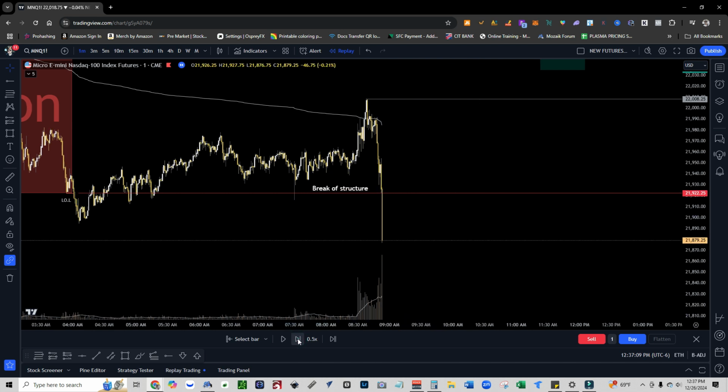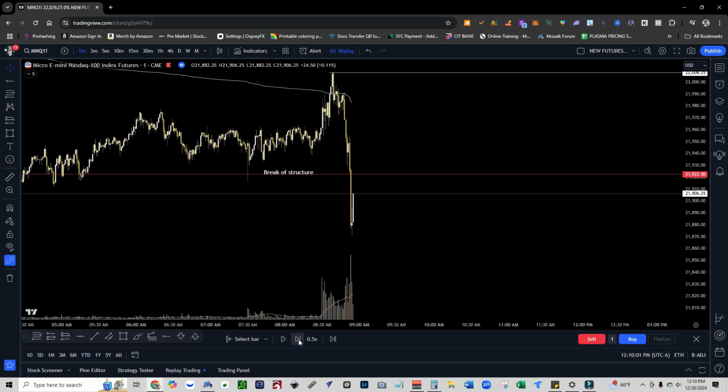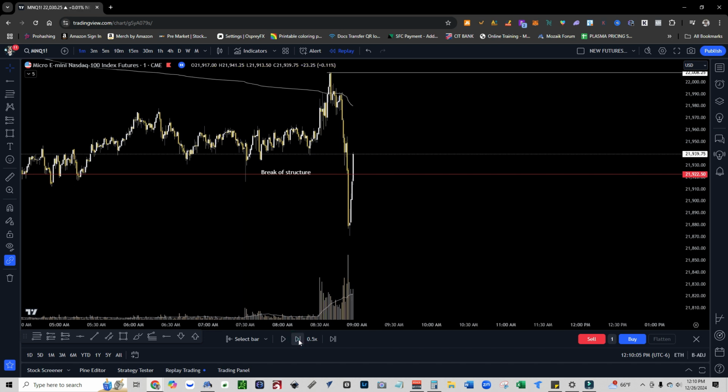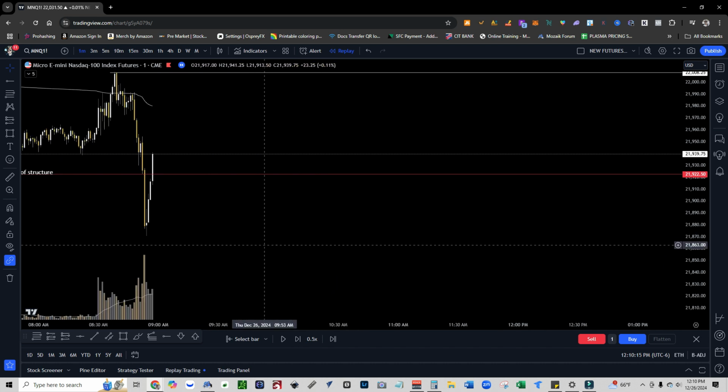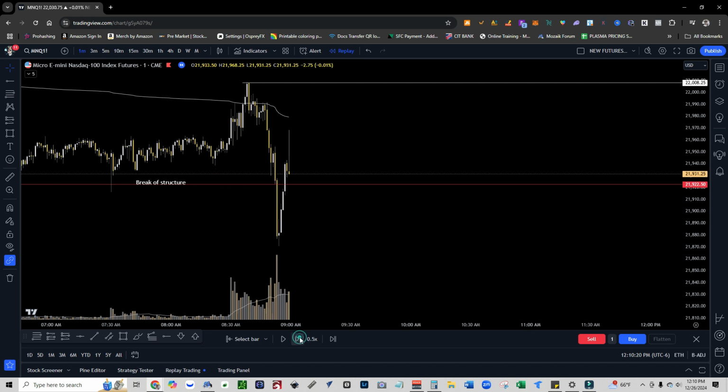Boom, see, we got that big drop down. Now let's go ahead and keep on watching and see what happens after that. So here we go, it's still going down. Now we're seeing a pop up, we're still running, and then boom, we're getting a break back above that structure, right? So now these are pretty good momentum candles. The volume's pretty high, right? So that's what we would like to see. So let's go ahead and keep on playing it out and see what happens. So let's keep going. Boom, boom.